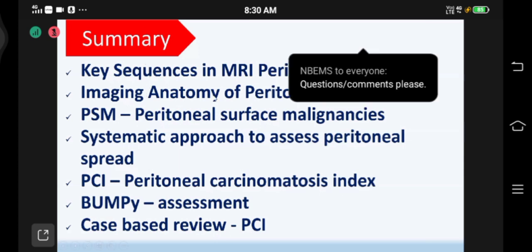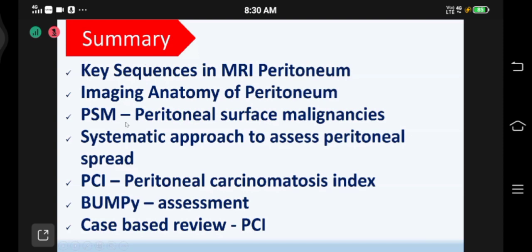I want everyone to know anatomy. Of course, you all are already aware of it. And cross-sectional imaging anatomy, please go through it again and again. That helps. Then coming to peritoneal surface malignancies, how do we systematically approach to assess the peritoneal disease? The clockwise rule, double wagon wheel rule is very important. Then PCI, it's 13 sectors, and the bowel, upper abdomen, and mesentery assessment in peritoneal metastasis. So all these, I hope, will add some value for you to take the imaging of peritoneum knowledge and apply it for your